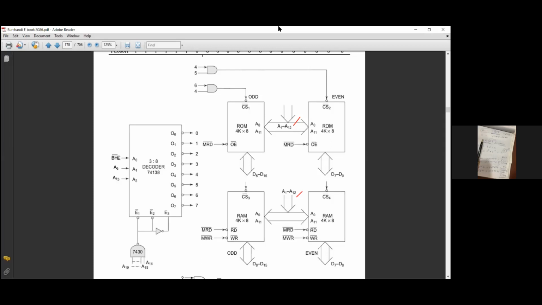it is similarly odd and even selections. In both cases odd and even are there. Over here odd and even, over here odd and even. Both banks are there, for ROM2 and for RAM2. That's why.